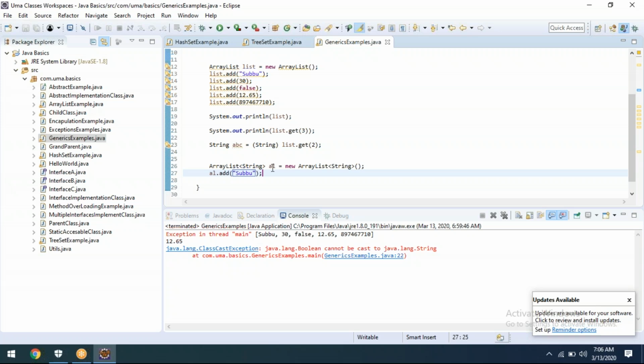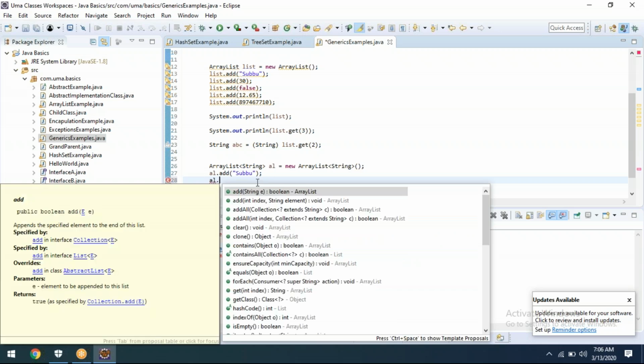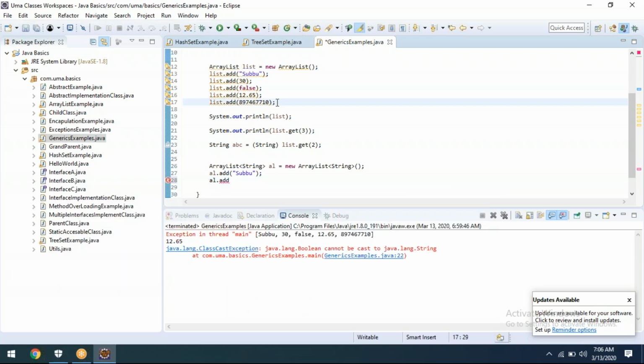Now, array list equal to something, it's new. And moreover, whenever you type after al dot add, it's not coming as object, it's always giving string. Observe the difference: now string is there.